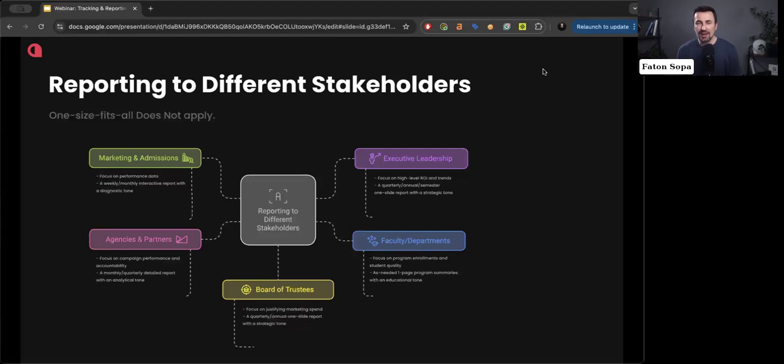When you report to agencies and partners, you want to focus on granular data about campaign performance and accountability, because you basically want to increase the accountability of the agencies that you are working with. Those reports usually happen monthly or quarterly and have a more analytical tone.